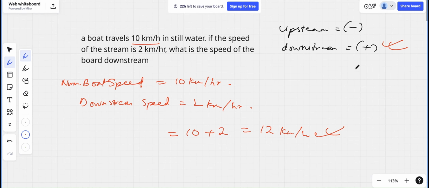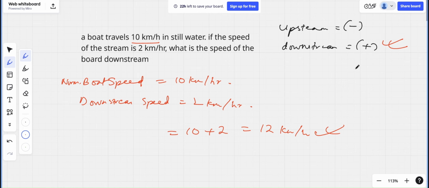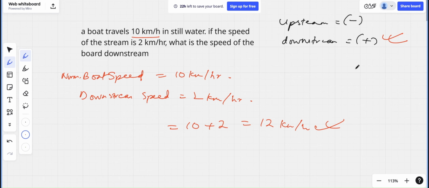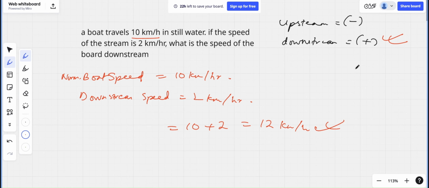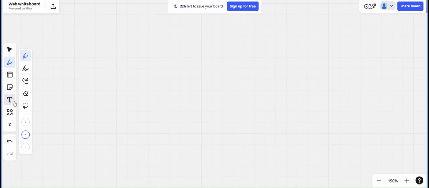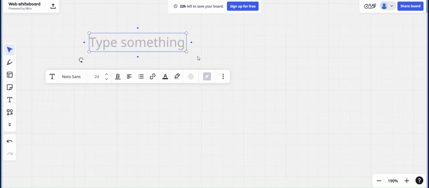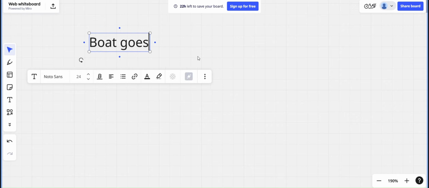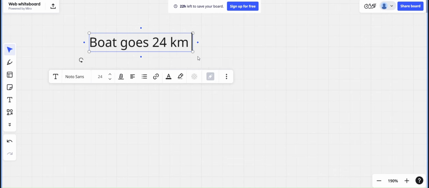Okay, now I'll move on quickly. Always remember this formula: when it's upstream, it's generally minus, and when it's downstream, it's generally plus. Now I'll twist the question a little bit. These are mathematical aptitude questions. A boat goes 24 kilometer downstream